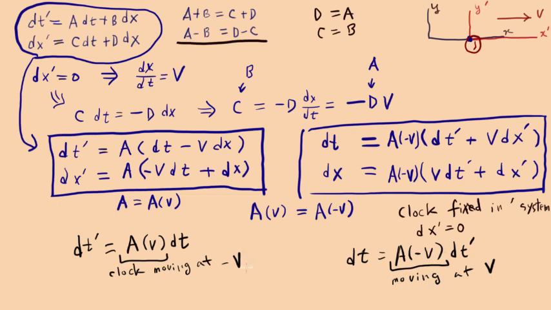But if a clock moving at positive v is observed to go, in fact the correct answer is it goes slower. So if it goes at a slower rate, then do we have any reason to believe that if the clock is moving in the opposite direction, it should go at a different rate? The answer is no. Why? Because there's no reason to distinguish any directions in space as far as we know. So a clock moving in any direction